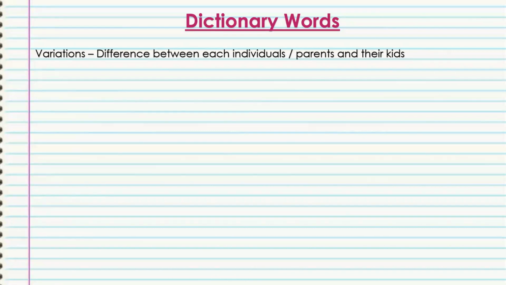Okay. Now, if you have understood the meaning of the word, let me frame it quickly in a sentence and kindly answer my question that did you understand or not? Okay. So here we go with the sentence. There are two dogs which are giving birth to 5 puppies, and all of the puppies are different from each other. This means that they show variations. Is the sentence correct? Yes. Are you understanding how these words will be used?